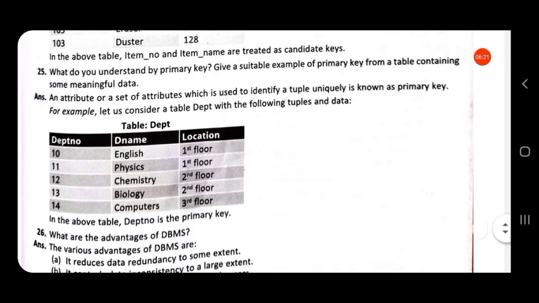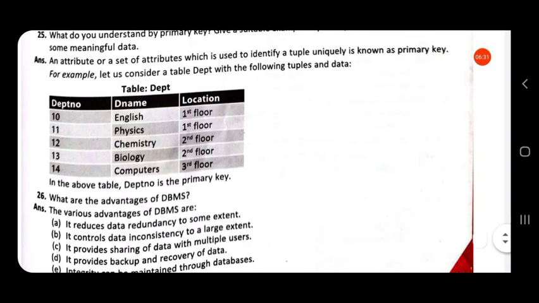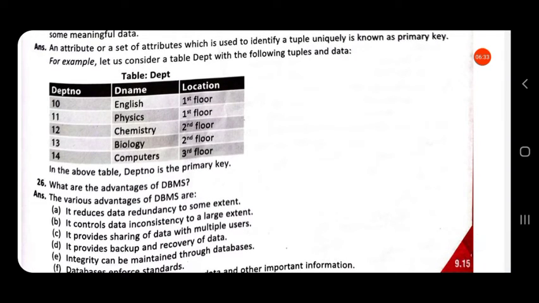Then what do you understand by primary key? Give a suitable example of primary key from a table containing some meaningful data. An attribute or set of attributes which is used to identify a tuple uniquely is known as primary key.